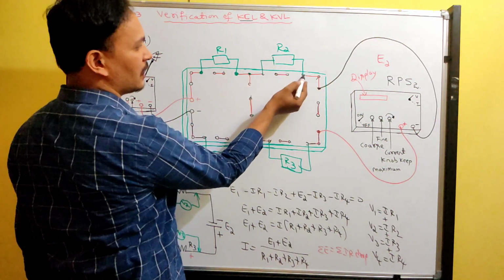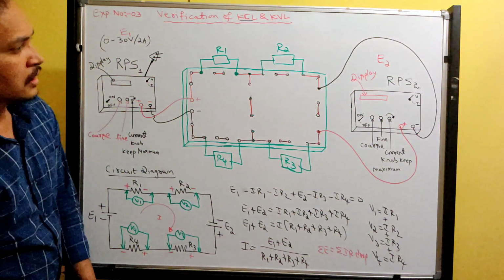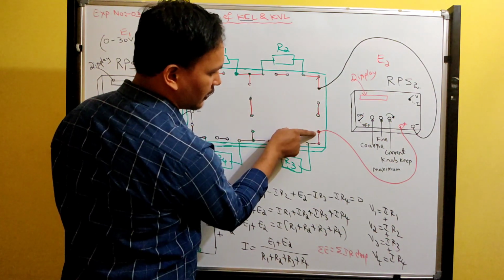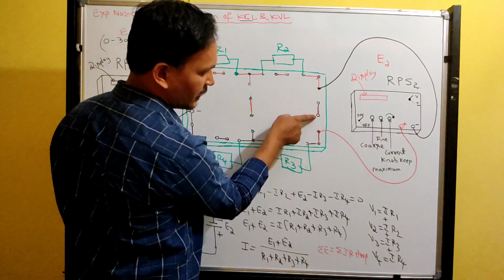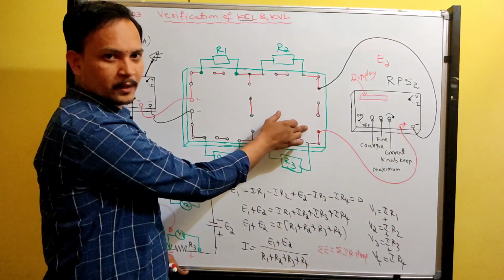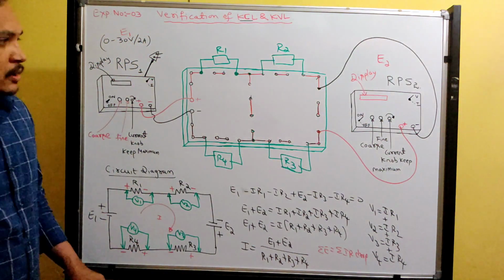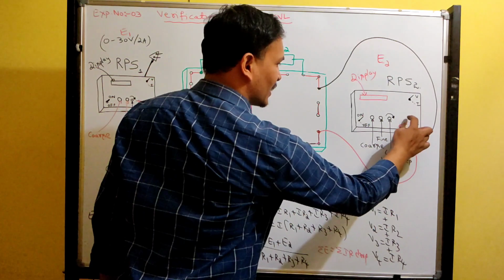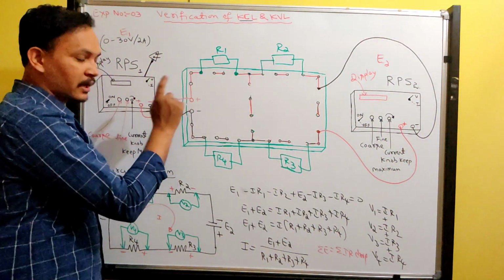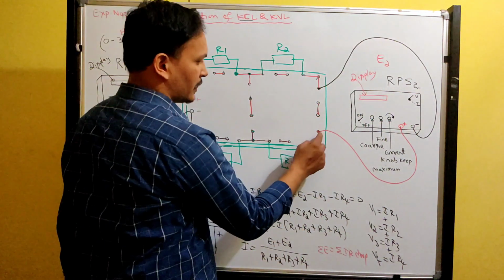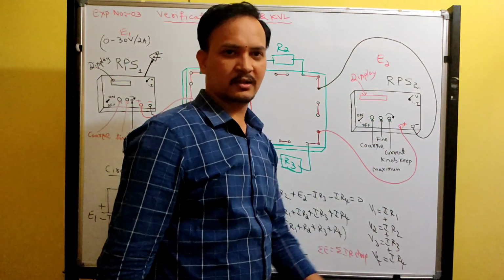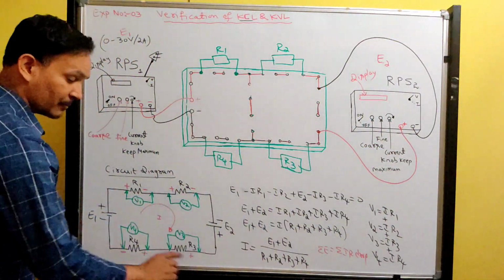See, R2's other end, all these are internally connected. Suppose you connect R3, and if you connect plus here, then it will be an open circuit. Then you should join with one wire. Okay, got it? Understood? But don't short plus and minus. There should be a gap between plus and minus. See, plus is here, minus is here. A lot of gap is there. No problem. Here also not connected. See, now the circuit is completed.